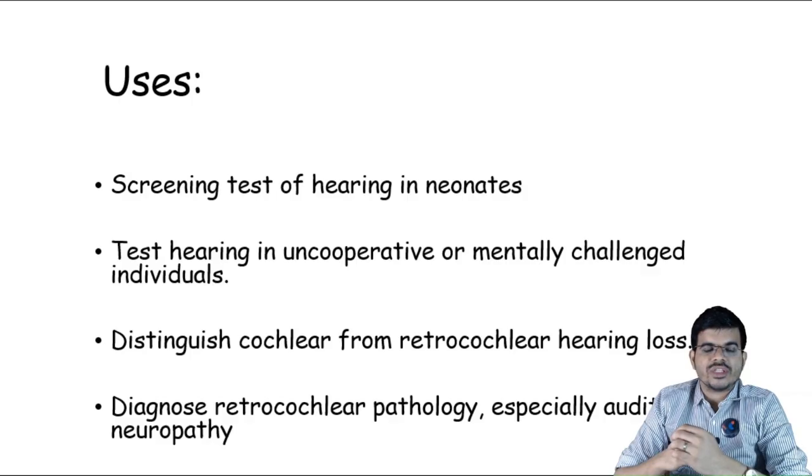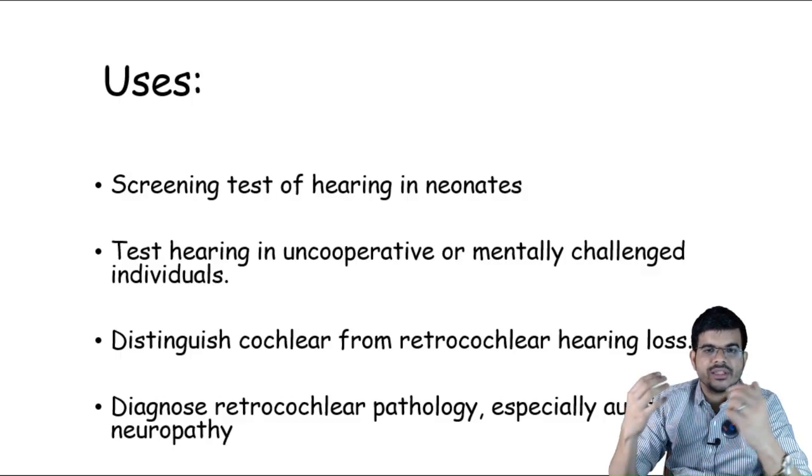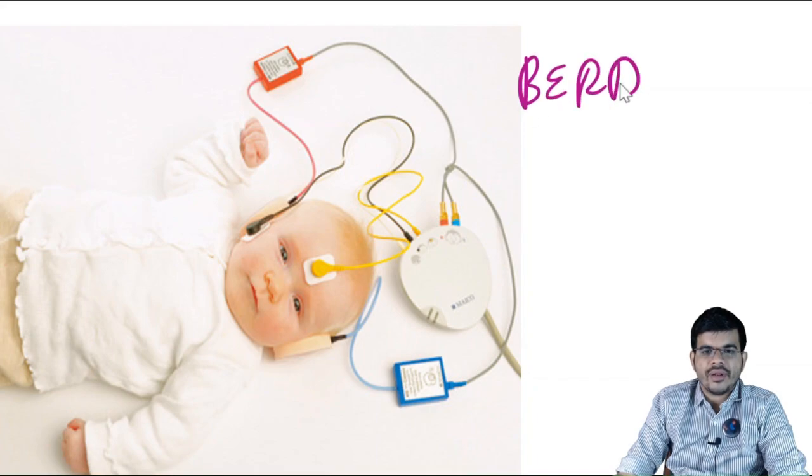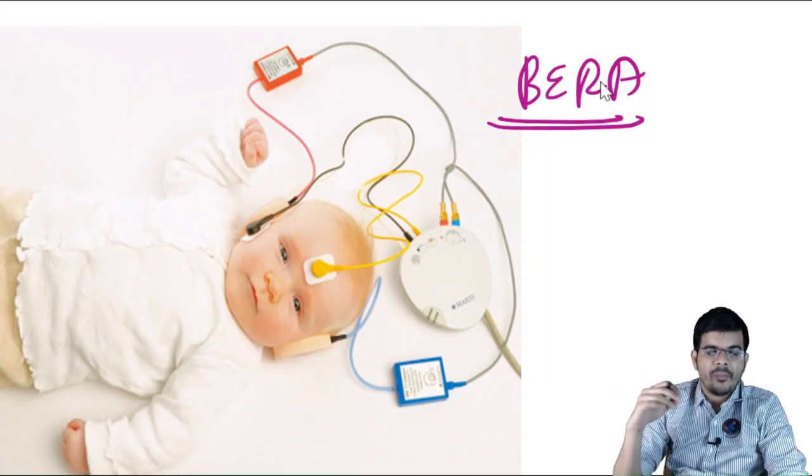Now if the otoacoustic emission is coming as refer in spite of a normal tympanometry and after removing all the debris and wax from the auditory canal, then you will have to go for a specific test, what is called the BERA. Now this BERA can be done only under general anesthesia, and here the various electrical signals in the different areas of the auditory pathway that are being generated are measured, and this is not a simple thing. That is why it is not used for screening purpose, but in children who are born in ICU,